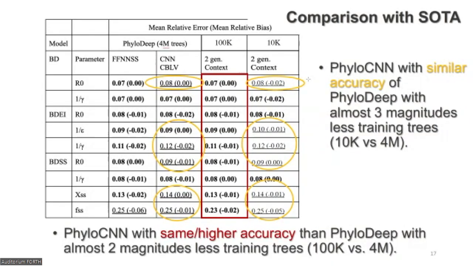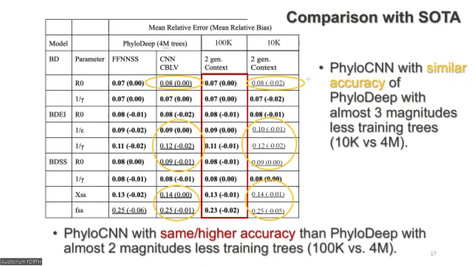Since in the paper, the previous results I showed you, BEAST was really bad, we are just comparing to PhyloDeep. And one interesting thing to look at is that PhyloDeep was trained on 4 million trees, and we are training on 100,000 or 10,000 trees. Okay. And if we look at the 100,000, those results in red, we got the same accuracy or better accuracy than PhyloDeep